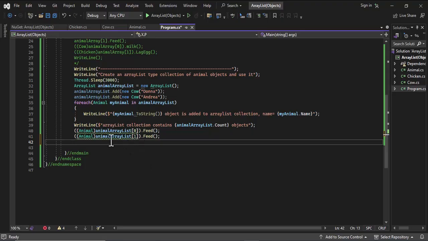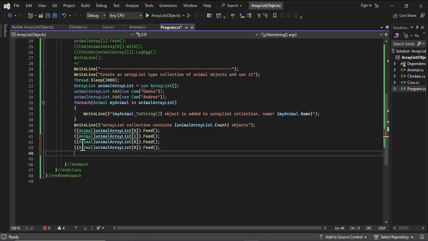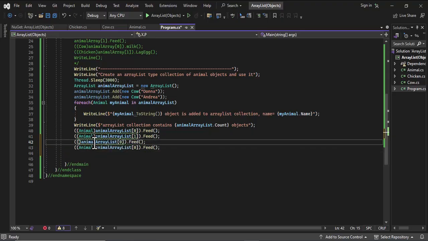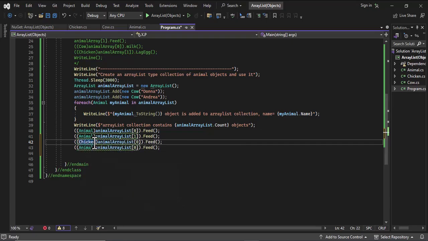So there are many things that we can do in here. There are a lot of things that we can do in there. Now what we can do, if I want to have access to the methods that are inside chicken and cow, let me just copy this and let me paste it there. I can cast using a chicken class there,